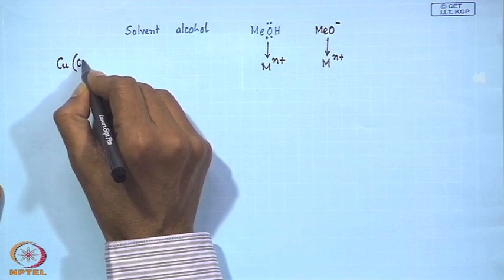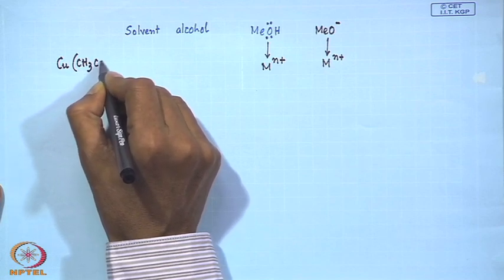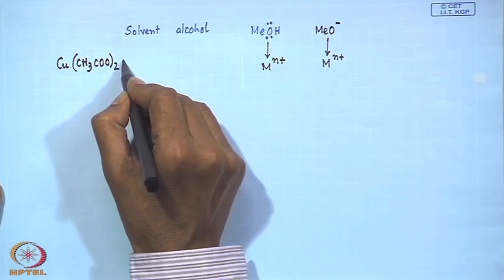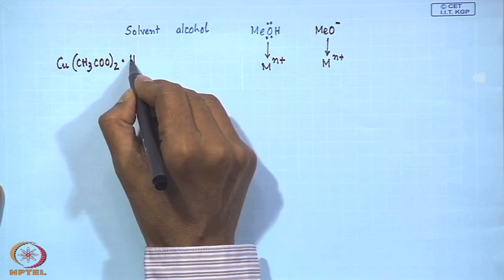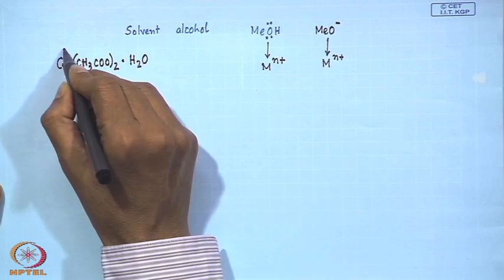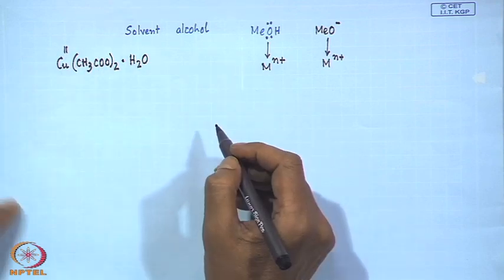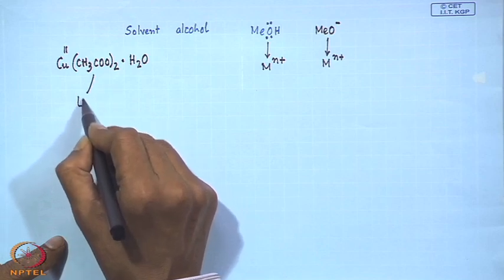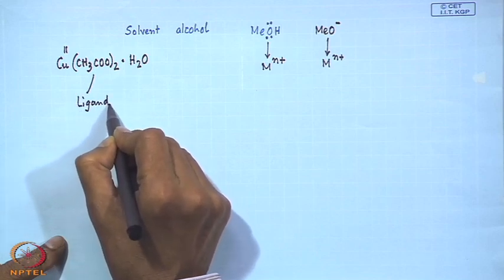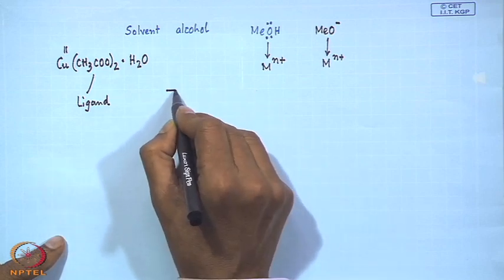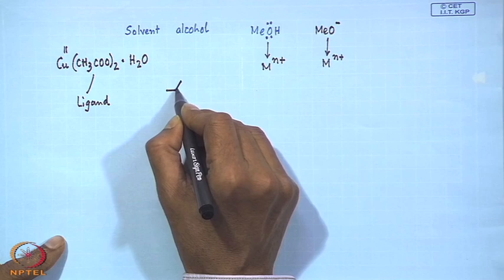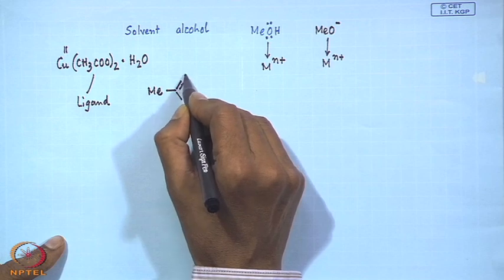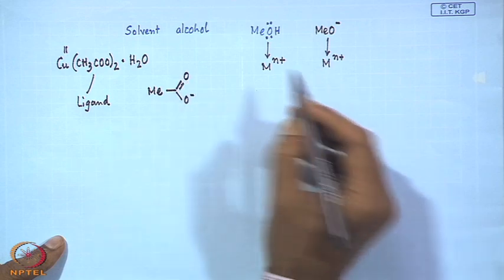So, copper acetate, containing 2 acetate anions and 1 water of crystallization, in the bivalent oxidation state. So, this is also our ligand. It is also coming in our ligand list, and we will discuss in our other classes how this CH3COO minus, how it is